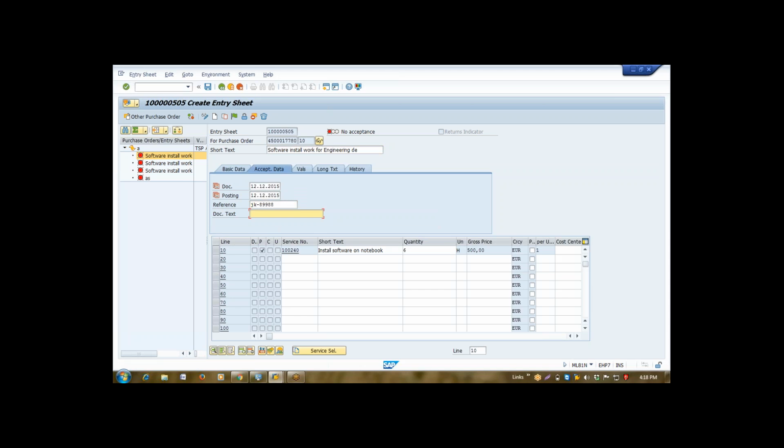If you want to pass any more specific detail about this bill, you can enter it here and simply save it. So this is about service procurement.